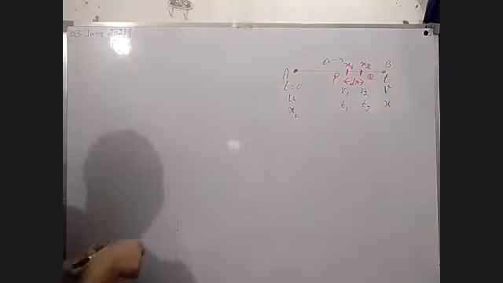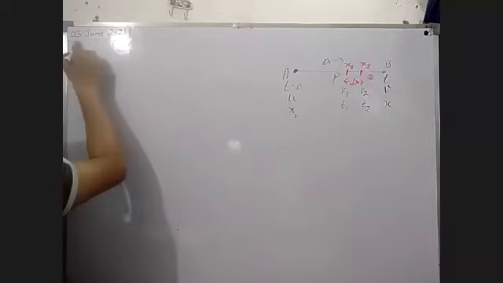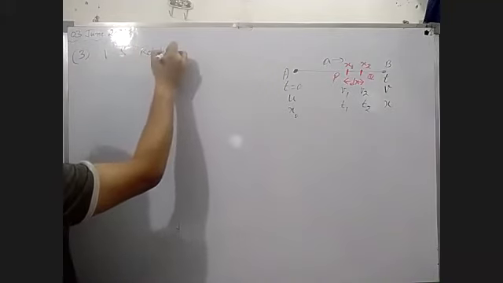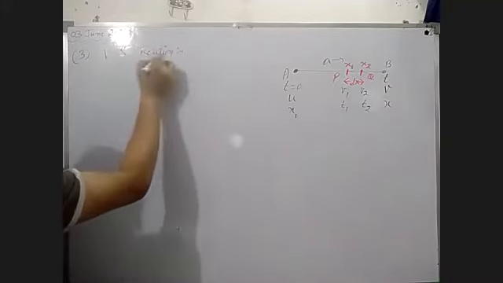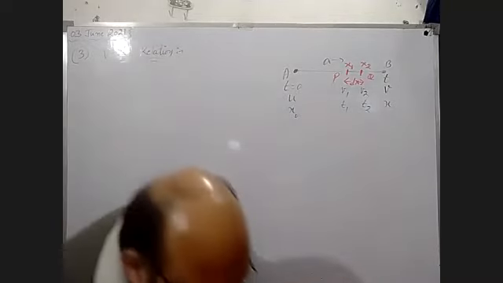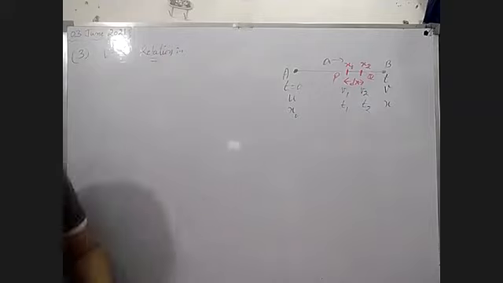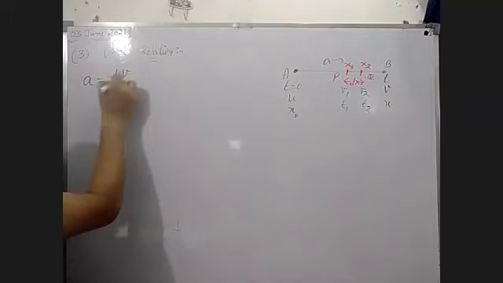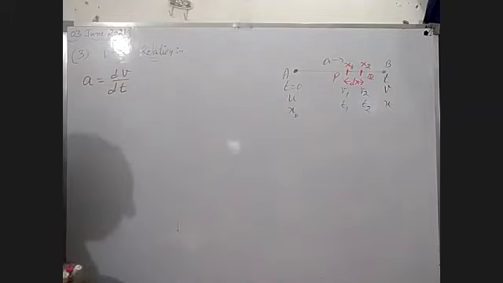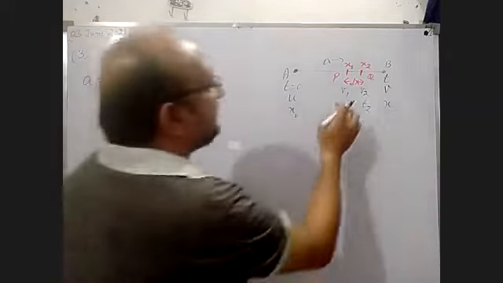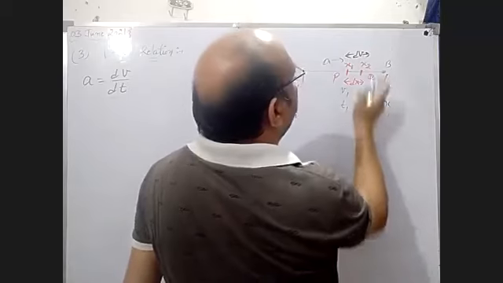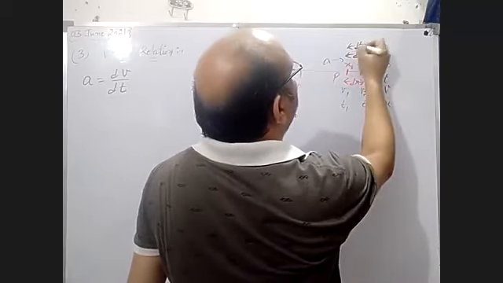So now we are taking the third equation, the velocity distance relation. Now how can you solve it? We know that acceleration is equal to dv upon dt, the rate of change in velocity. What is dv here? In between P and Q, the change in velocity is dv. And what is dt? The time interval from P to Q.